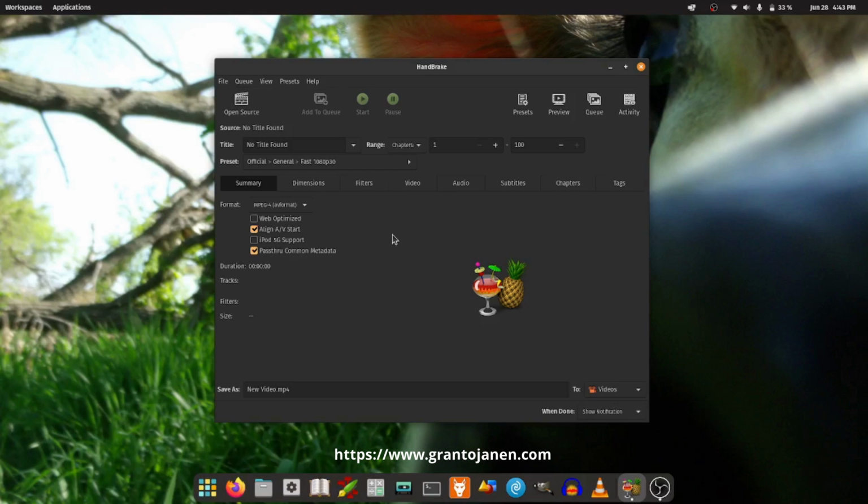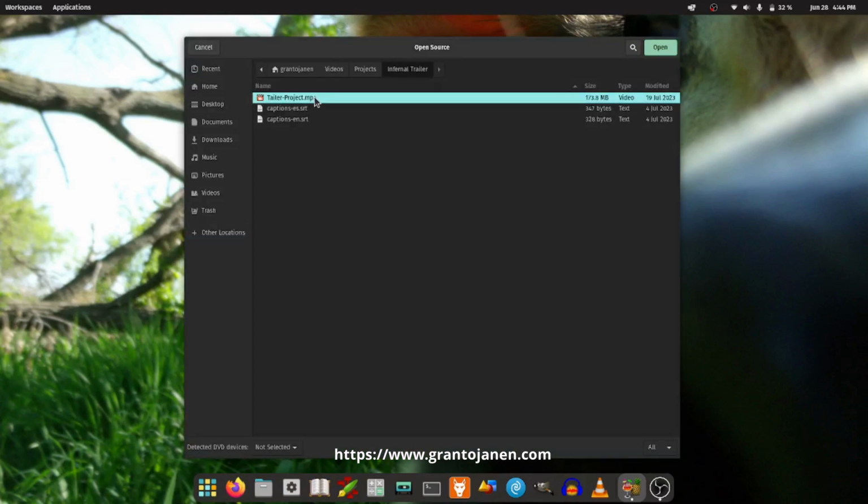You won't really need to have the subtitles embedded into the file when it's on a website, because you'll have the subtitles in the HTML on your website, but I like to just have the subtitles also in the video itself, just in case someone downloads the video, then it'll be the complete thing and they'll be able to access the subtitles offline. So to begin, we'll click on Open Source to open a source file.